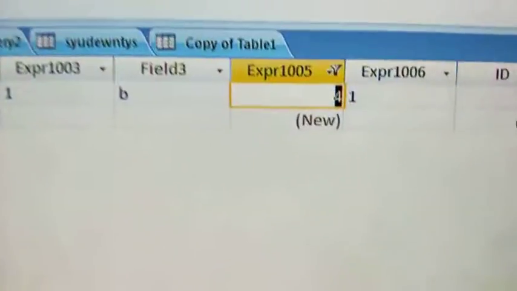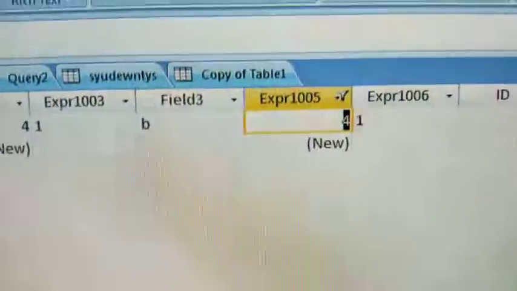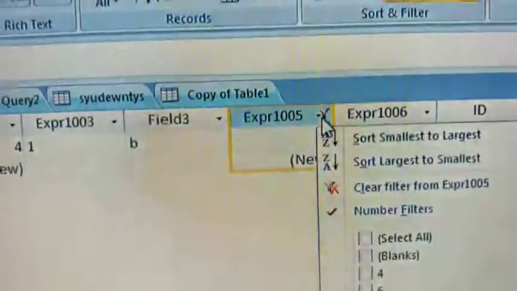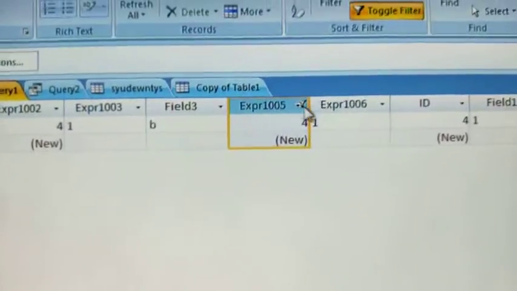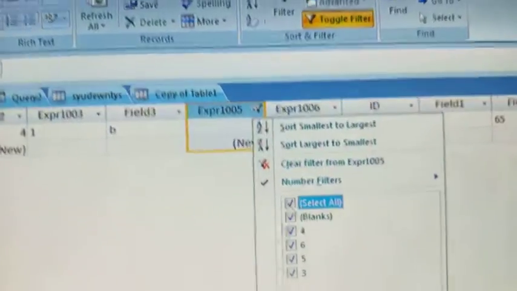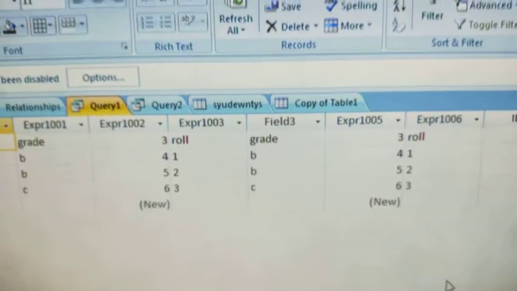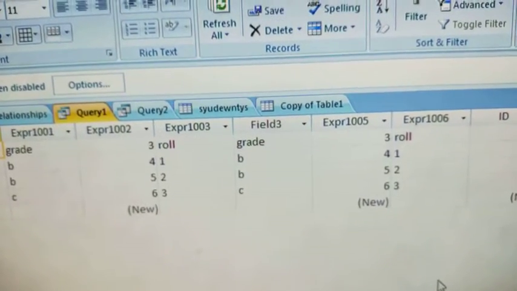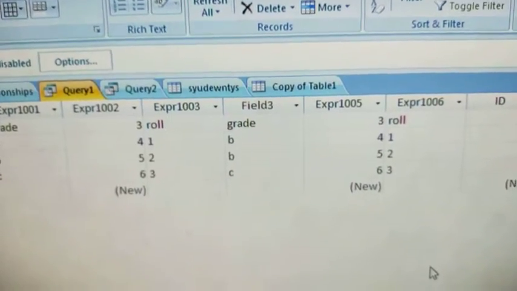Okay, see, when you click OK, the records having only the 4 number will be displayed here. Then again you click there, then you select all, then click OK there. After selecting all, you will get back all the records. Like this you can create multiple criteria and filters among the records in your MS Access.